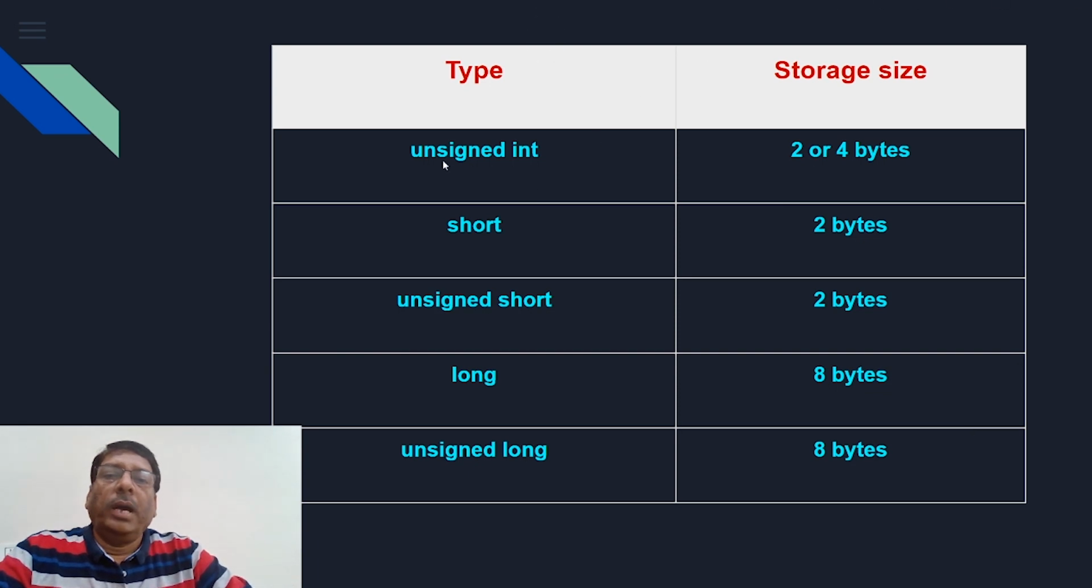Similarly, you have the integer data type as unsigned integer, wherein you can enter a value without any negative sign, which means it is called unsigned integer. It is also going to take up storage space between 2 or 4 bytes. Similarly, you have a data type called short. Here you can again make use of numbers without any fractions, and it is going to occupy 2 bytes of memory. You also have something called unsigned short, which again takes up 2 bytes, and then